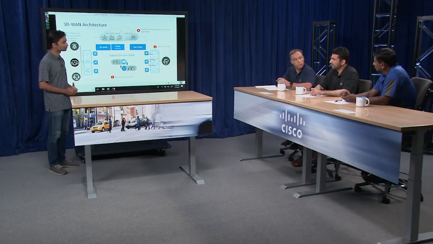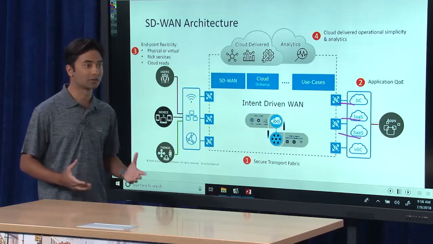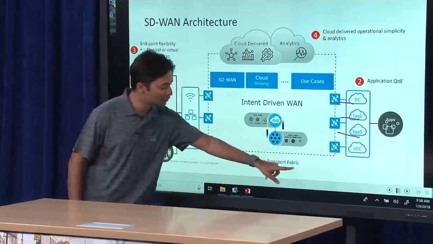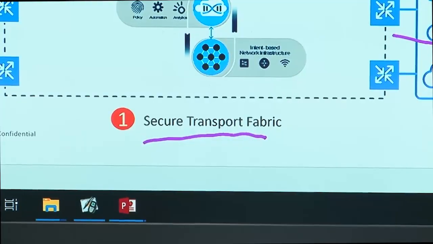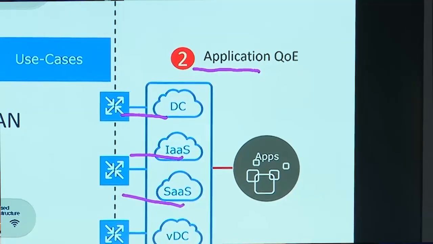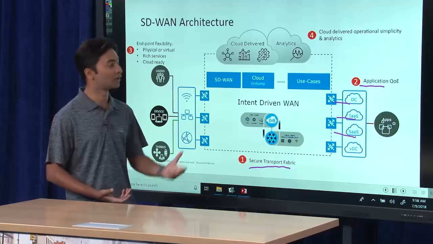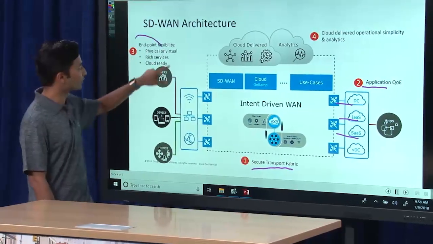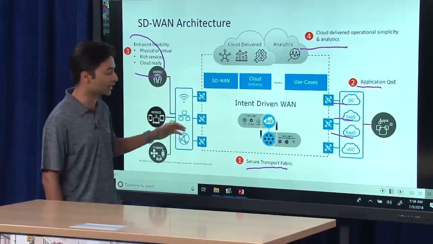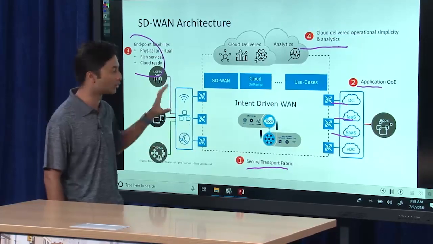So to that point, if we have 3 different circuits and we say, for example, MPLS is what I prefer for a specific application, we can customize that in our implementation with SD-WAN. Absolutely. When you look at this framework, everything boils down to, do I have a secured fabric? Are these 2 endpoints connected? Once these endpoints are connected, what is the application? And what do I want for it? Once I know what that is and where I'm consuming it, I can, in a centralized fashion, define the policy that will dictate what will happen to the application flow over this fabric.